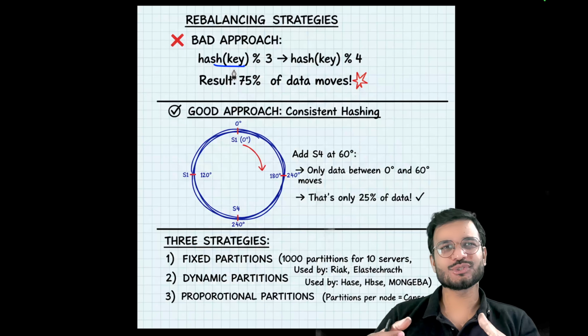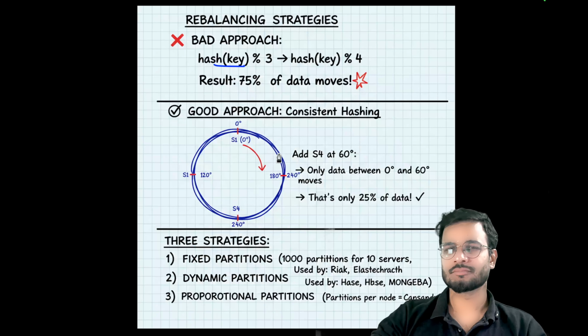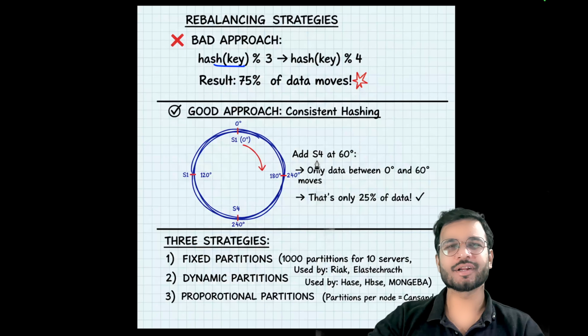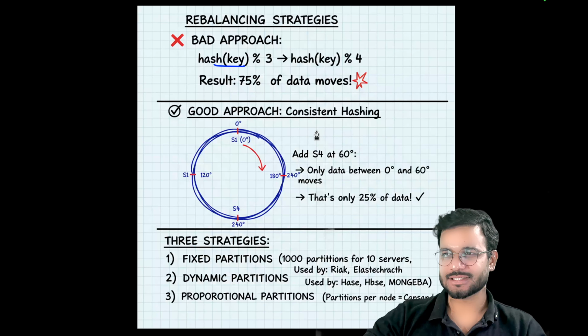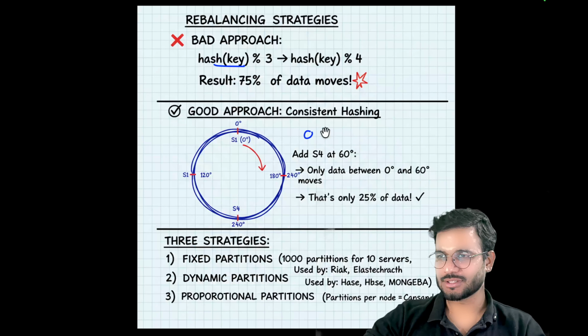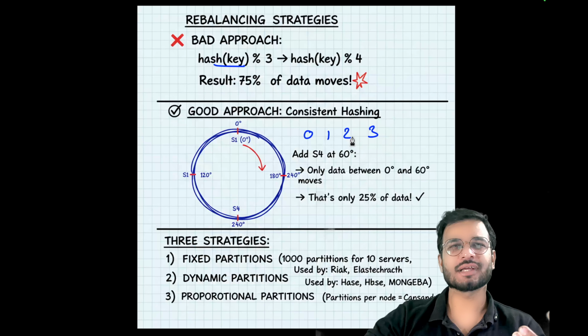Another better approach is to use consistent hashing. Consistent hashing is a better approach than a simple hash strategy. We'll use the same example. We'll have 4 servers, 0, 1, 2, and 3. We start from 0, but these are 4. So whatever hash values are found in this specific range, we will put into the server that is towards the right of that value.